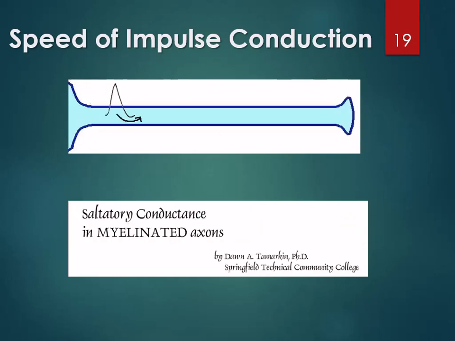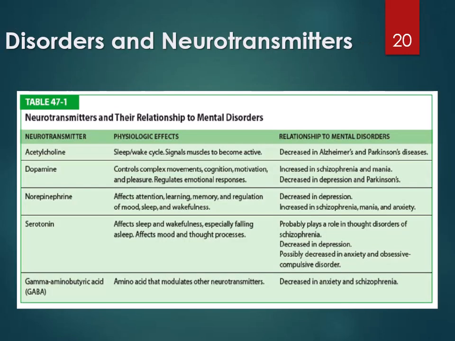All right, what about those neurotransmitters? There are lots of neurotransmitters. They keep finding more. Some of the most common ones are listed here: acetylcholine, dopamine, norepinephrine, serotonin, and GABA, or gamma-aminobutyric acid. And they know that when people have more or less of these, it can cause some various diseases,